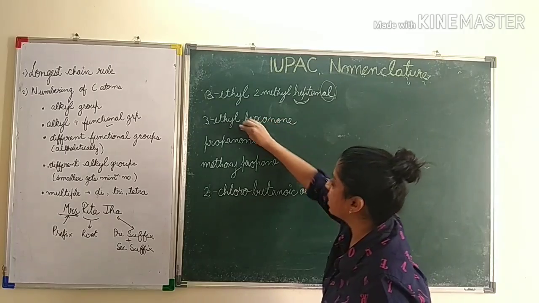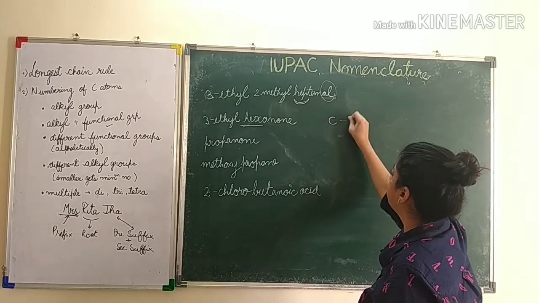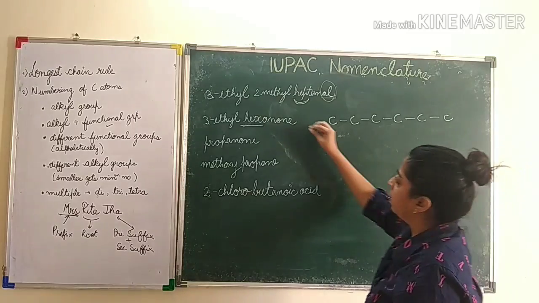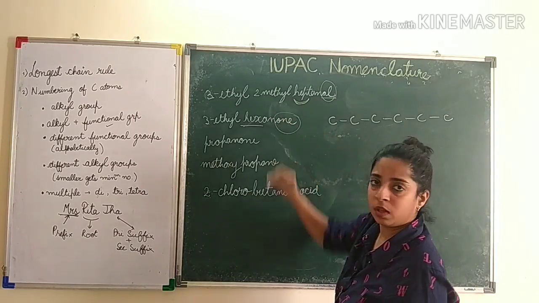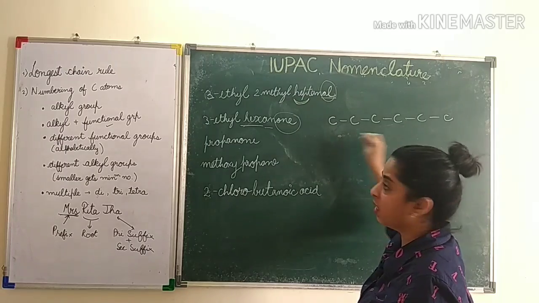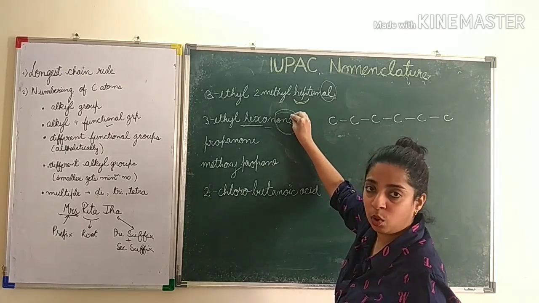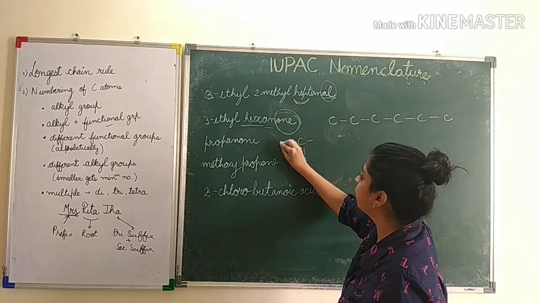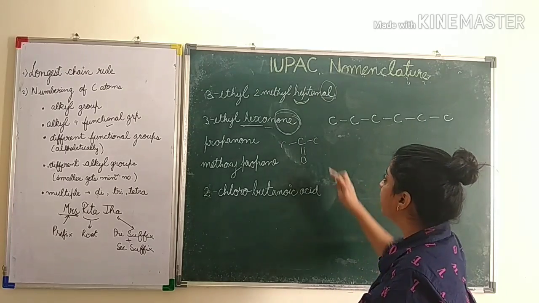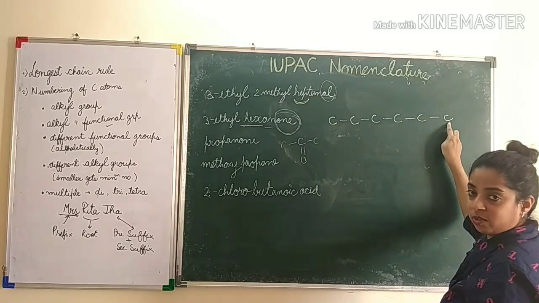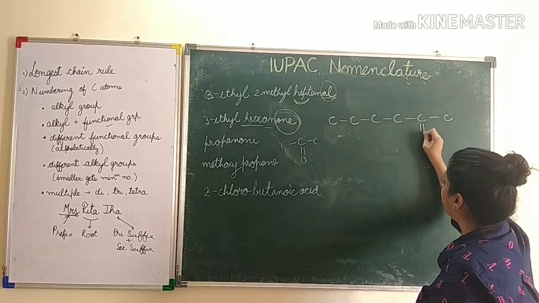Okay. Now children, look at the second example, 3-ethylhexanone. Now you know hex. So you will write 1, 2, 3, 4, 5, 6. Now see "one". Okay. Hexane, तो hex और ane single bond बना दिए. Now "one" is a ketone. Now you know children, ketone is like this, C double bond O और दोनों तरफ कुछ कुछ C होने चाहिए, right? So it cannot be in the terminal like aldehyde. So ये वाला नहीं हो सकता है, यहाँ पे हमें double bond O बनाना है.